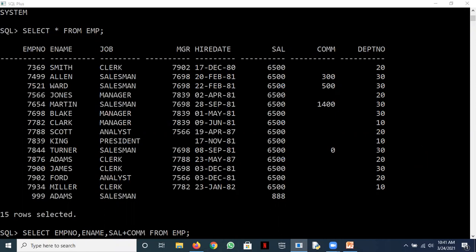Okay, so let's ask Rushikesh. He's raised his hand. Predict the output, Rushikesh. The employee number, then the employee name, and that sal plus com will be combined. Like it will show the total. So what would be the total for Smith? Kindly check.